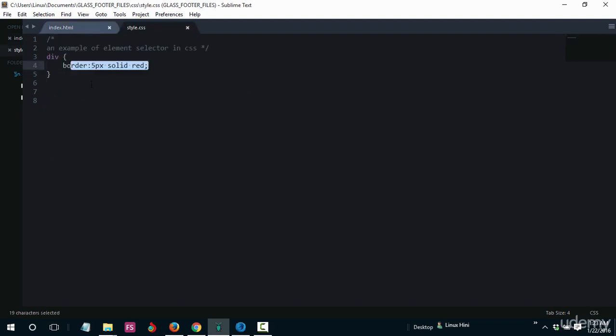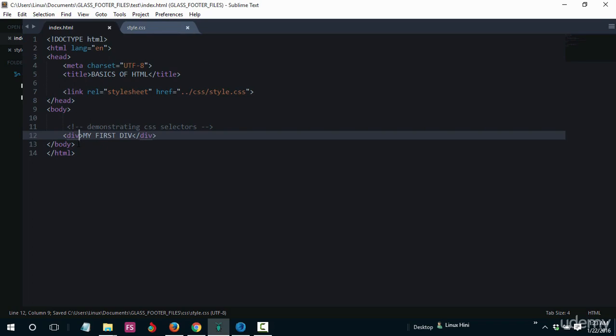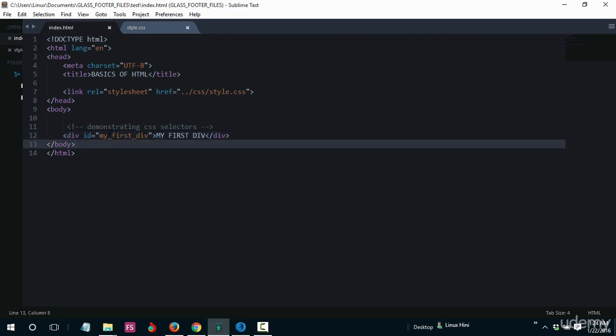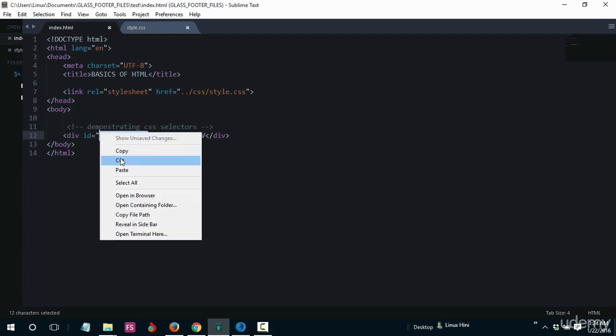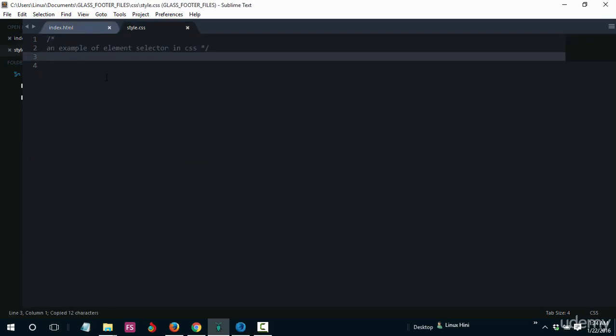So I'm just going to go ahead and clean this and identify this uniquely by appending an ID to the beginning tag, and then I'll give this ID a name of, say, my first div. Now you do not have to necessarily use the underscores, but for the purpose of easy reading I normally use underscore to separate my words when even naming variables in programming. So I'm just going to go ahead and copy this, head back to the CSS document, and then I'm going to grab it this way